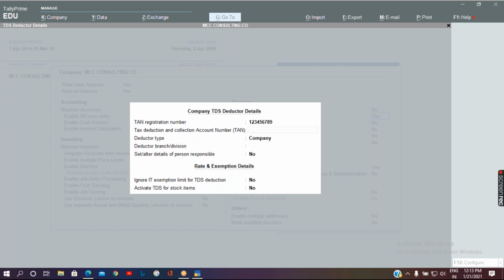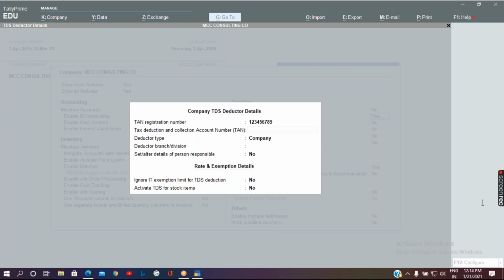Similarly, TAN also has its format. So this is the TAN format: 4 alphabets, 5 numbers, and 1 alphabet.